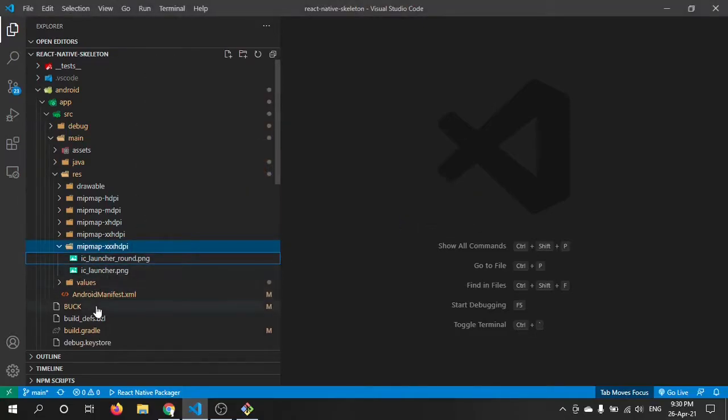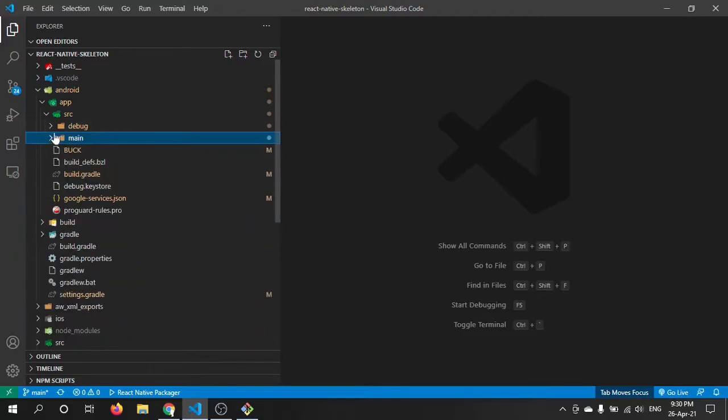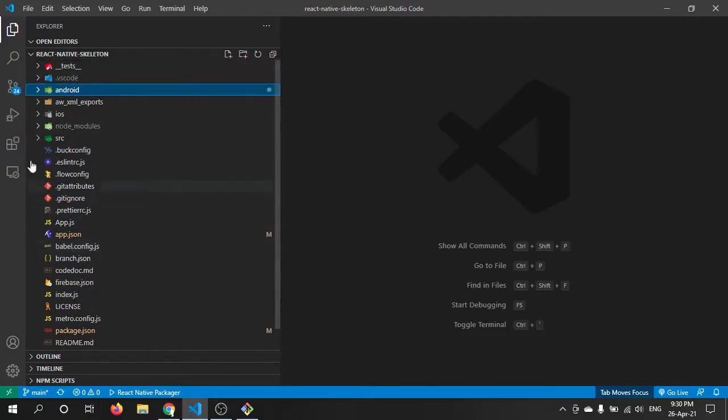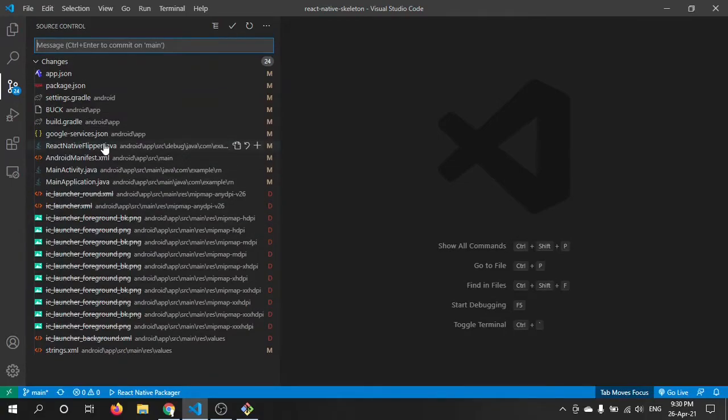We have successfully removed all those unnecessary files over here. So now we are good to go. The first thing that we can do is look into the changed files. You can see we have made this much of changes over there. Cool.